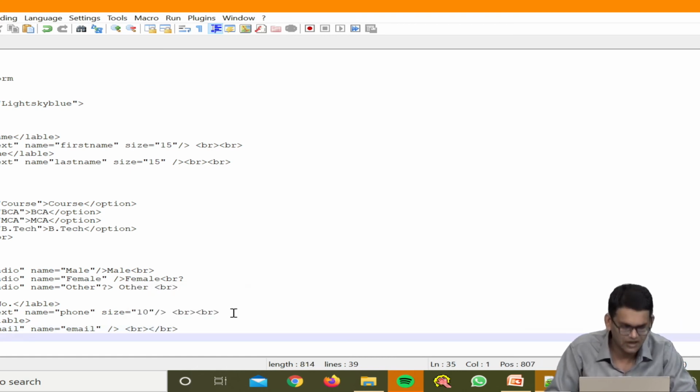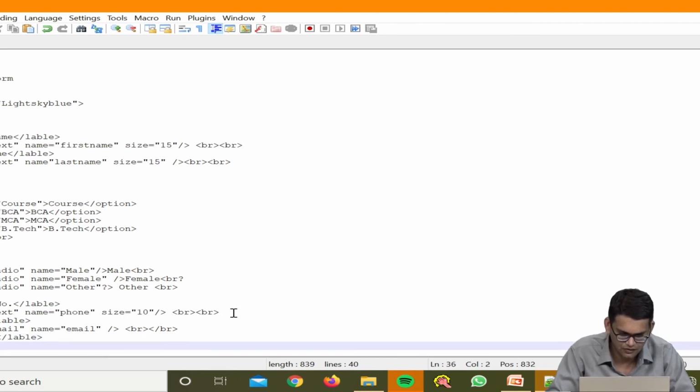Now if we want to add a text area, like for address, the address should be more than one line. So for that purpose we will add a text area. For the text area we add a label, it will show address. We need to write textarea.